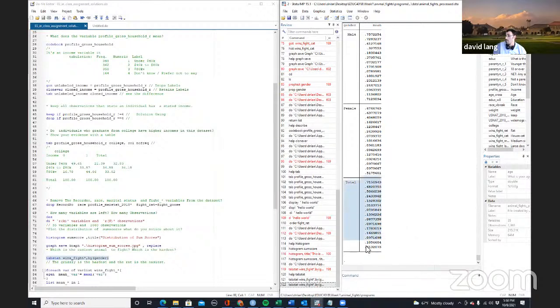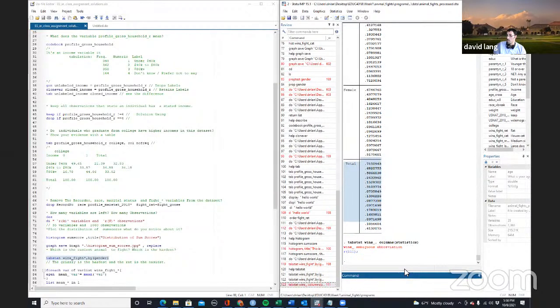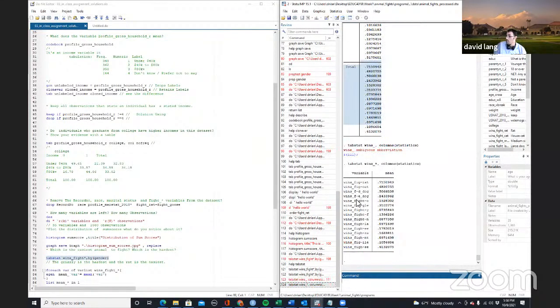So now, in a case like this, I didn't actually need gender for this specific question. I do need my wildcard character though. This might be a little bit easier. Intuitively, we can sort of know based on the ordering of these variables that winning a fight with a rat is the easiest. Winning a fight with a grizzly bear is the most difficult. We can use that tab stat by gender option